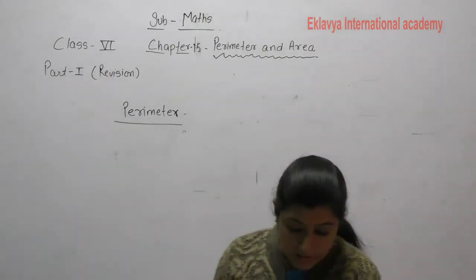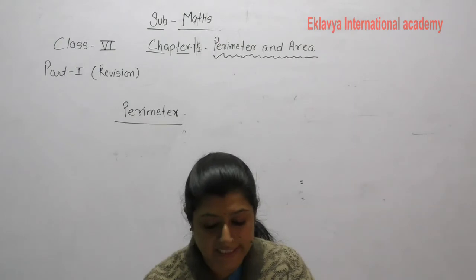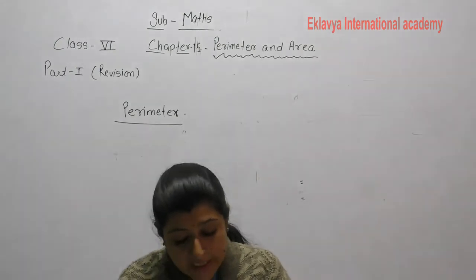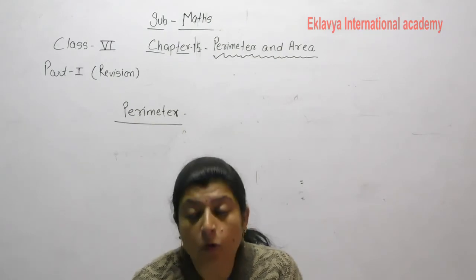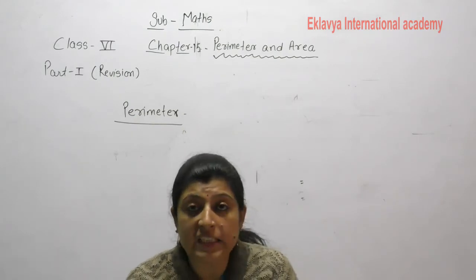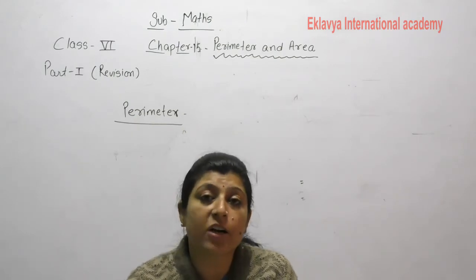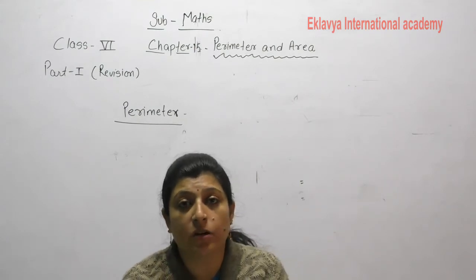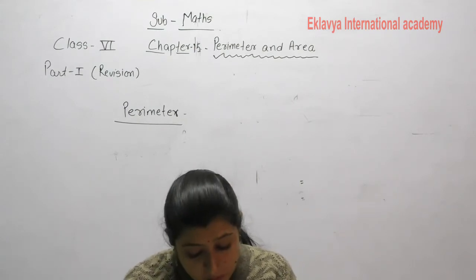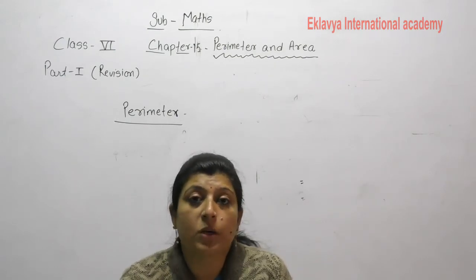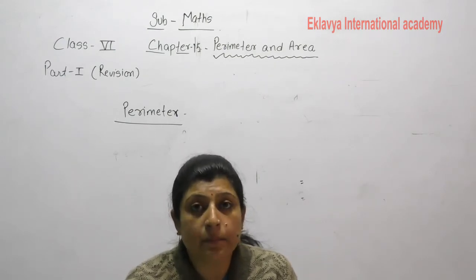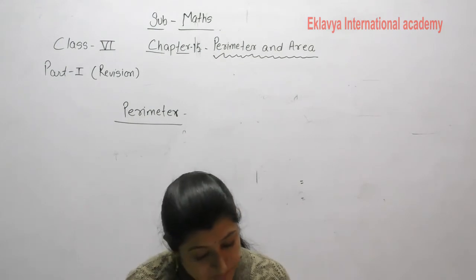See in the book, formula for perimeter of a rectangle. In the first, test your understanding. In test your understanding, there is a given closed figure. Then we can add the sum of all sides and find out the perimeter of the given closed figure. Formula for perimeter of a rectangle, we already found, is equal to 2 multiplied by length plus breadth.